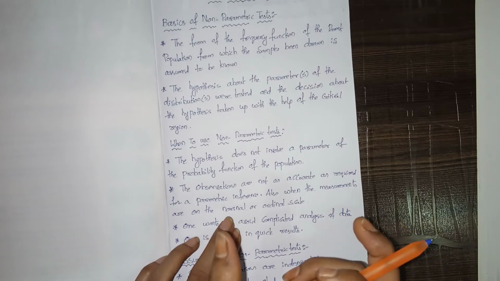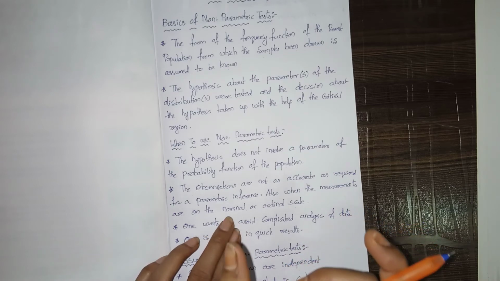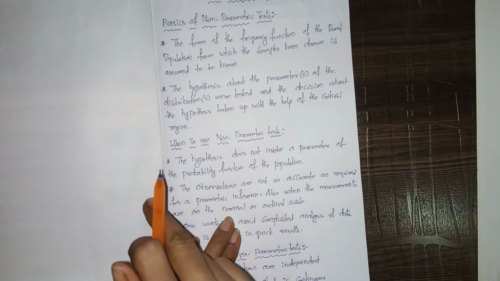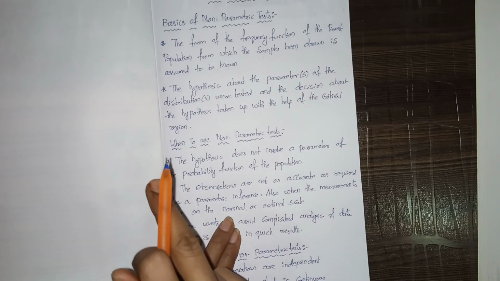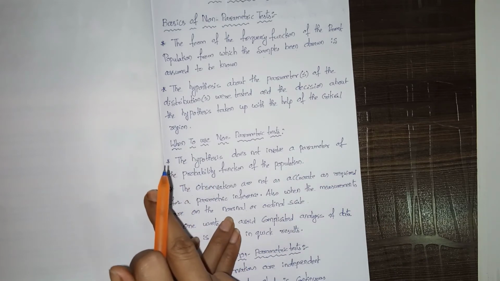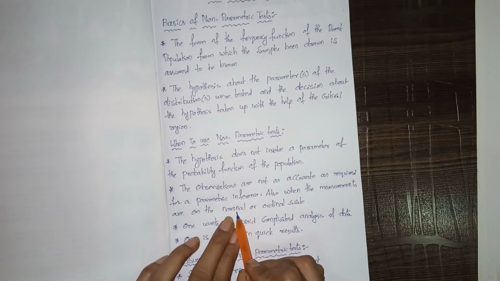Here our names are in alphabetical order. That means our names are saved in alphabet numbers. That means we have given some numbers there for our names. So that is known as nominal.